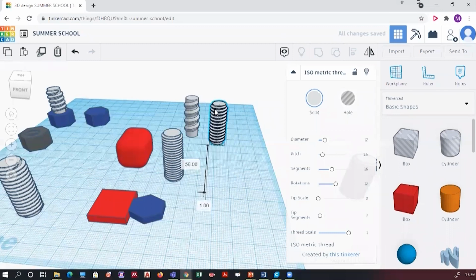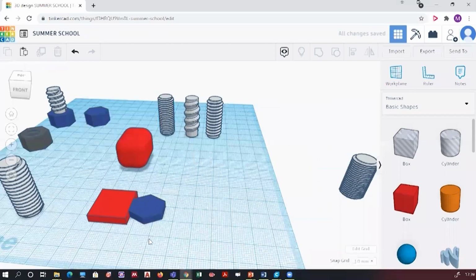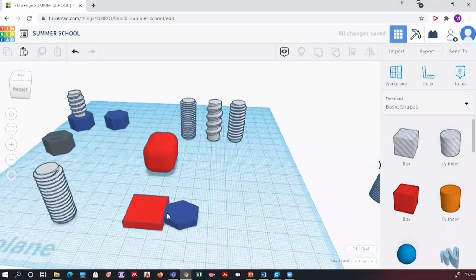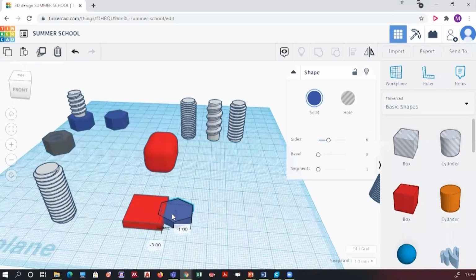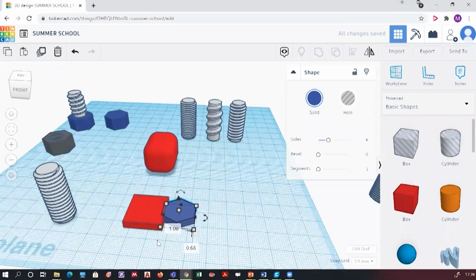Right, if you want to increase the number of threads, you can increase it like that. Now, when you are joining two components, please insert one component a little bit inside the second one, click both the objects, and then join. When I was seeing some of the projects you sent me, you didn't join them completely, you just kept them at the surface. Insert it a little bit so that these two get joined together.